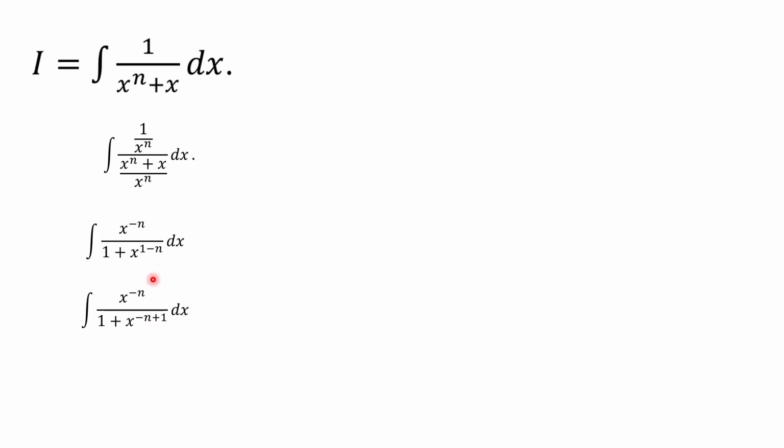And this form is a lot easier to work with because it follows this equation, which is where if you have a function on the denominator and its derivative on the numerator, the integral of that can be multiplied by some kind of constant to produce the natural log of that function. So we know that the function we're working with is our denominator here, so we can work backwards. So if we try and differentiate the natural log of 1 plus x to the minus n plus 1,